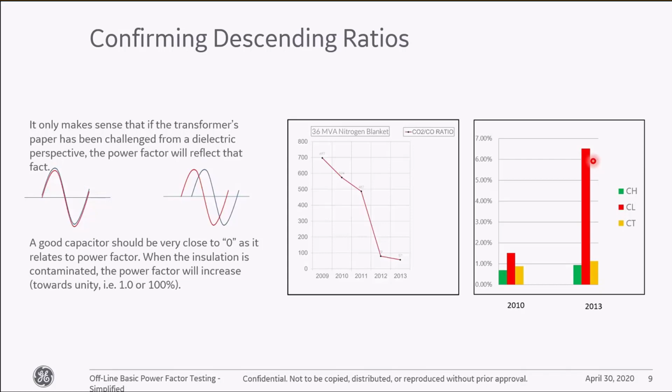But they took this transformer out of service, fixed all the leaks, repaired it, put everything back, pulled a vacuum on it, did a hot oil circulation on it, the whole nine yards, dried that transformer out, got it back right, put it in service. Power factor came way down on this transformer. It's still in service today. So it got caught before it was thermally challenged, which was a great thing, because we know if the current